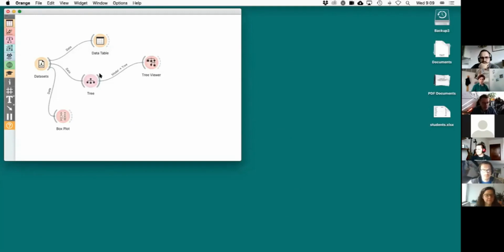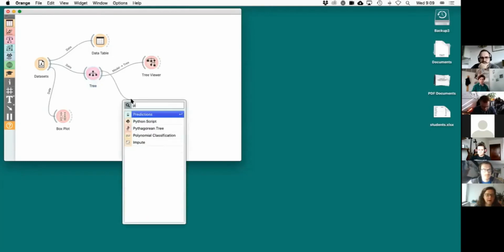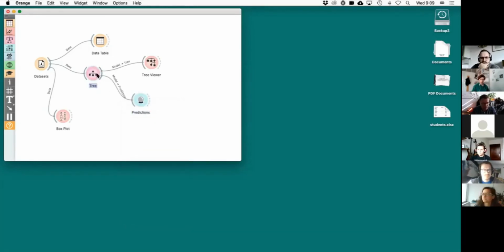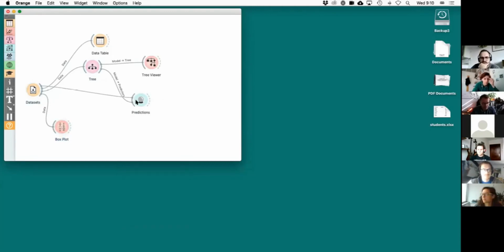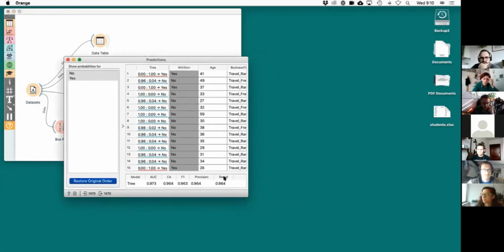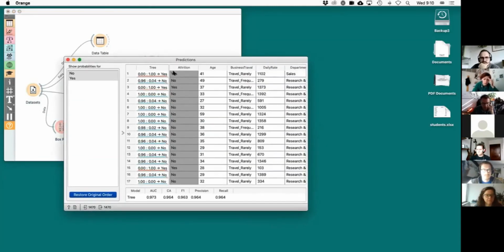So I'm going to build a tree on that. I already did. I would like to know how accurate this tree is on the data. There's a widget called Predictions, which receives a model. The model is the tree that I just built, and it also receives the data. So the data is here, and this tells me what the tree predicted.